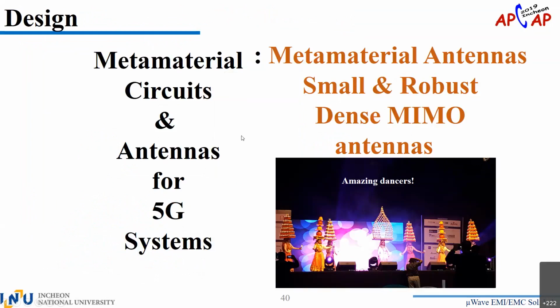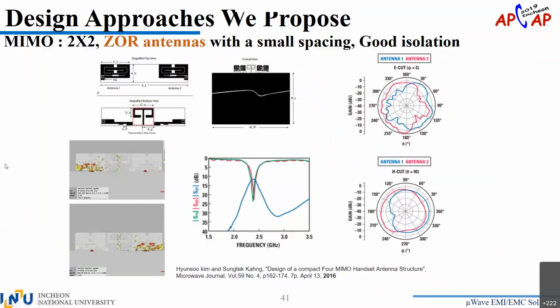And we move on to another topic, the dense MIMO antennas. So you can refer to my papers, which are related to the MIMO, which had to increase the density of antennas placed in the platform of the mobile phone. We were funded by LG Electronics many years ago, and the project went on for many years. So we started from the 2x2 MIMO, where you can see two zeroth order